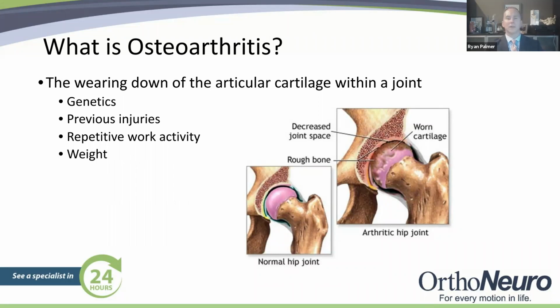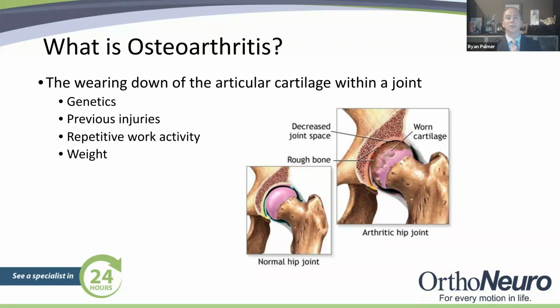The joint fluid nourishes the cartilage layer. On the diagram here in front of us, the cartilage is represented as the purple substance. Folks may understand this as the white shiny surface on the end of a bone, either at the end of a turkey leg or a chicken bone. That cartilage, when it wears down, is how we determine and define the presence of arthritis. Arthritis literally means inflammation of the joint. That is what causes us pain, but the underlying driver for the creation of the inflammation is the wearing down